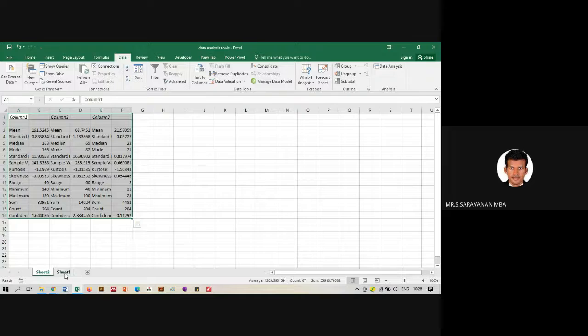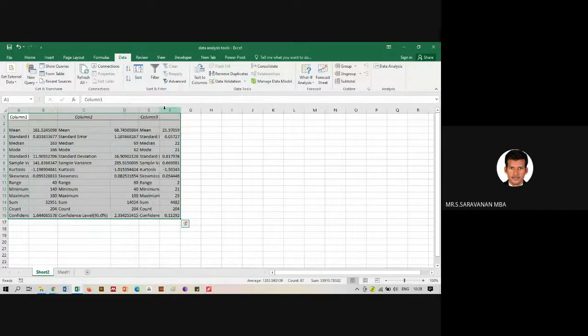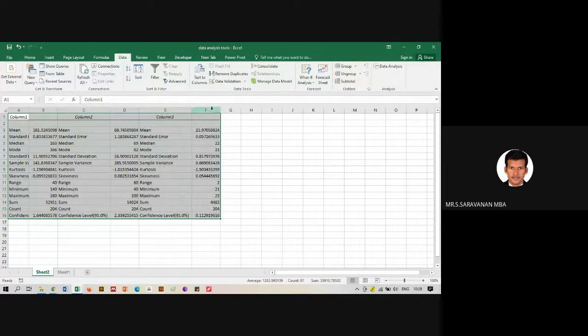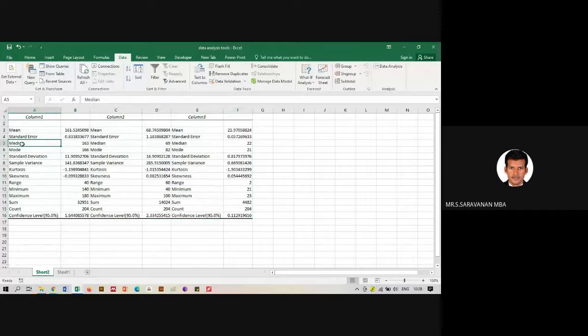So automatically, see here we have the data. Here it gives all the information: column 1, column 2, mean, standard error, median, mode, standard deviation, skewness, range, minimum, maximum, sum, count, confidence level. All this information about descriptive data, you can get it.